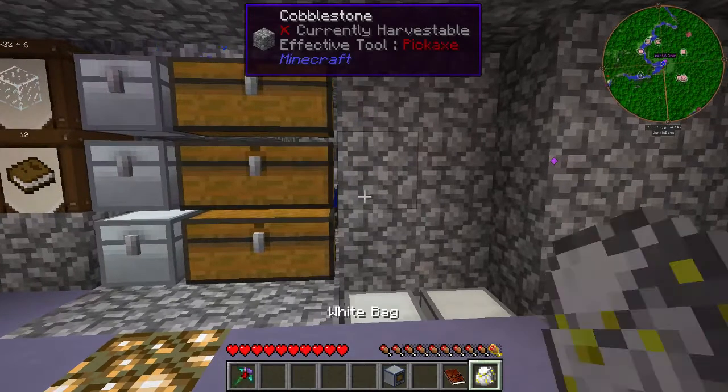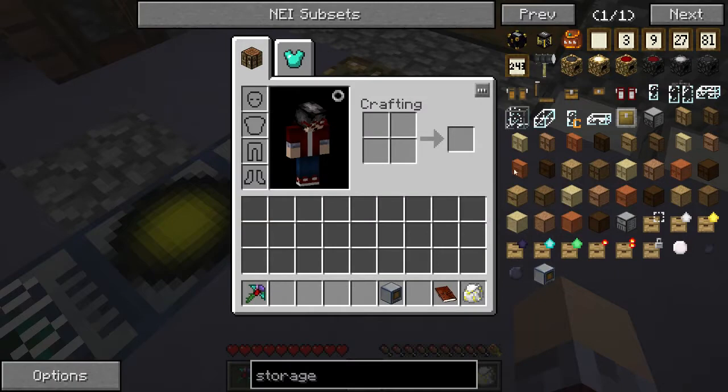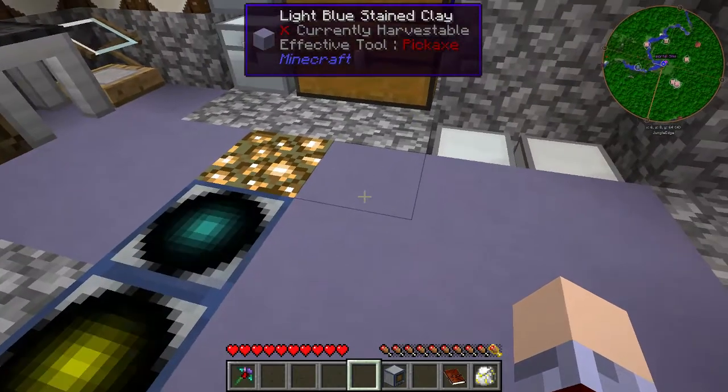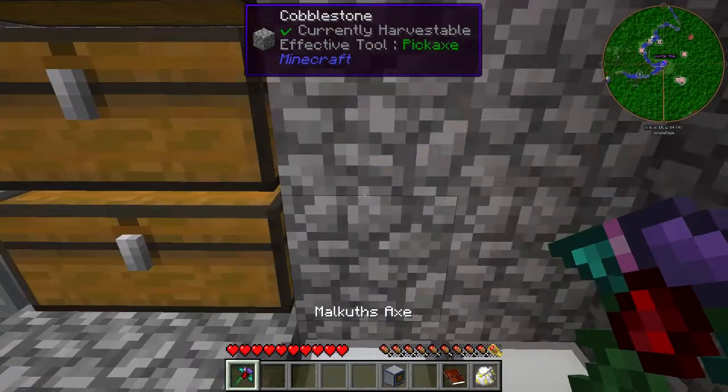And I plan on putting this. Does this have to be run by power? Let me see. This machine will scan all neighboring inventories and show them in a list. You can then search for items in those inventories. Alright, so it does need power. So that's alright. We can bring in power from...